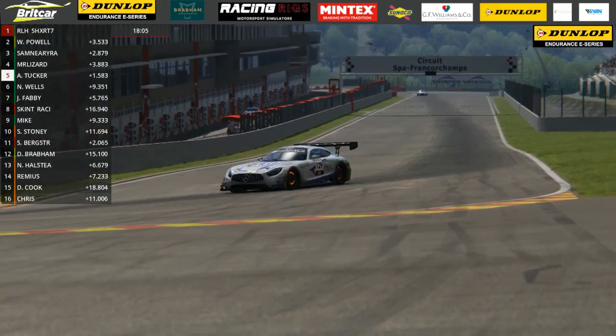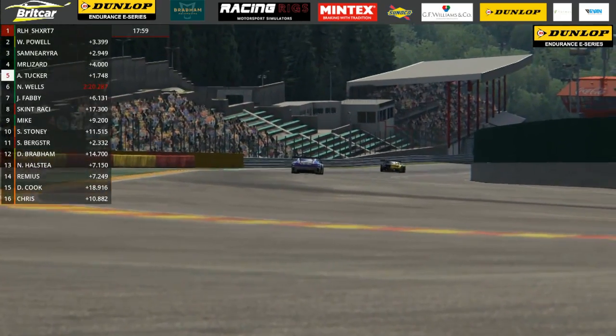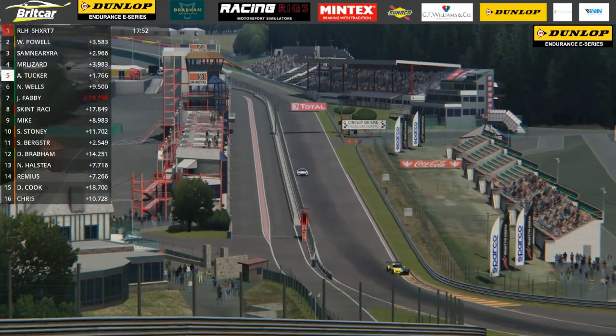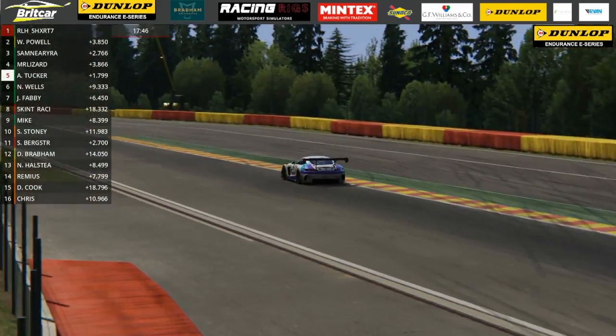The Mercedes going well, just about a second and a half adrift now of 4th place. He's got a nice healthy gap back to Nathan Wells in 6th position. That gap has extended out by about 3 seconds to 9.5 seconds now. So he can focus on what's ahead of him rather than what's behind him. Keep an eye on the gap between Wells and Fabi as well, because that's started to come down at times